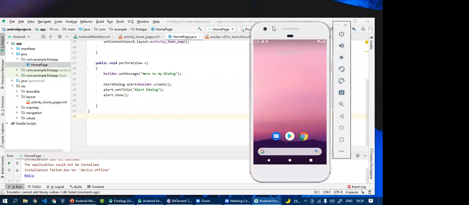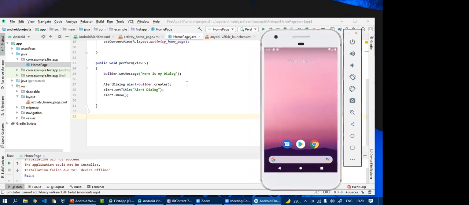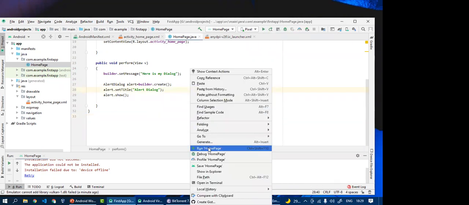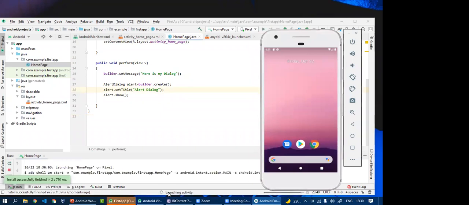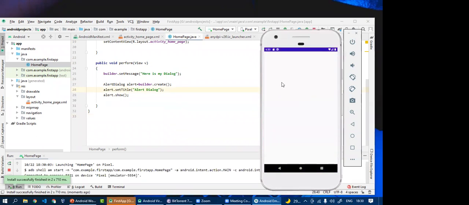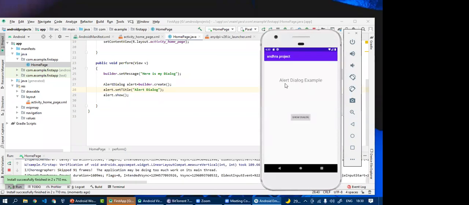So no issue, I will execute the program by using another AVD. When I run this code, Gradle is now running. And now we have the alert dialog example. And when I click on the show dialog,